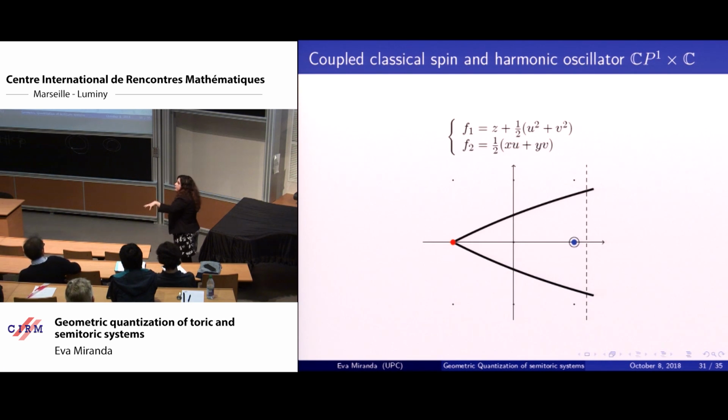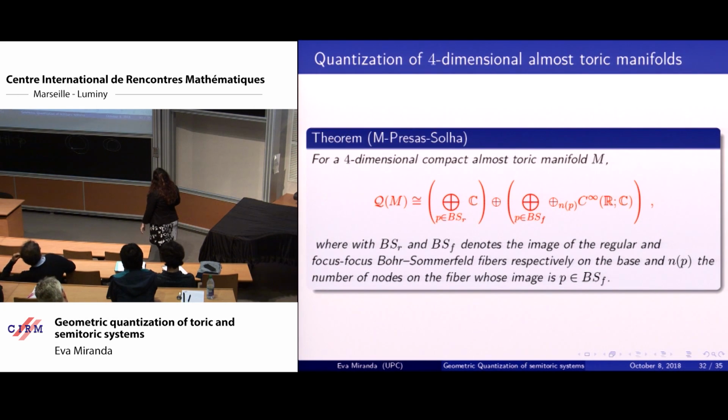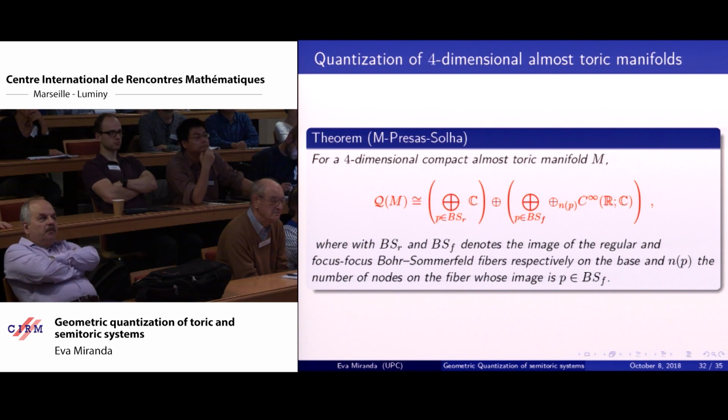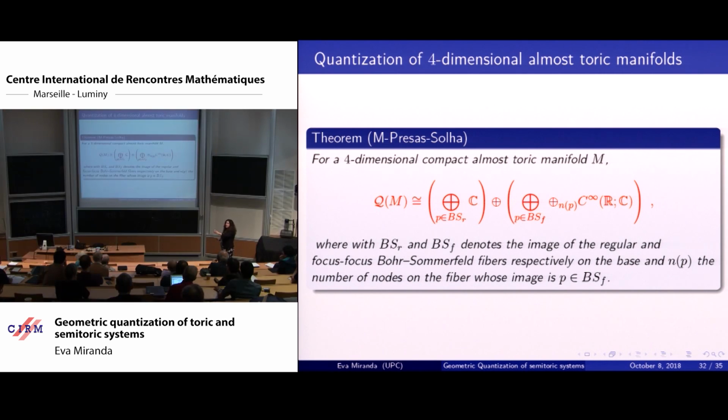So I do the K3, but of course I have a list of examples where this works, and it's semi-toric. All of these are semi-toric. For instance, the coupled classical spin and harmonic oscillator, which has this equation, is also an example of a semi-toric system. So what is the computation? Okay, I did a computation already, and I think in a talk we only have to have one tedious computation, so I did my tedious computation before. Now we are going to believe this result. By the same kind of tedious computation I did in the regular case, I get a little bit more complicated result, because I have a focus-focus singularity.